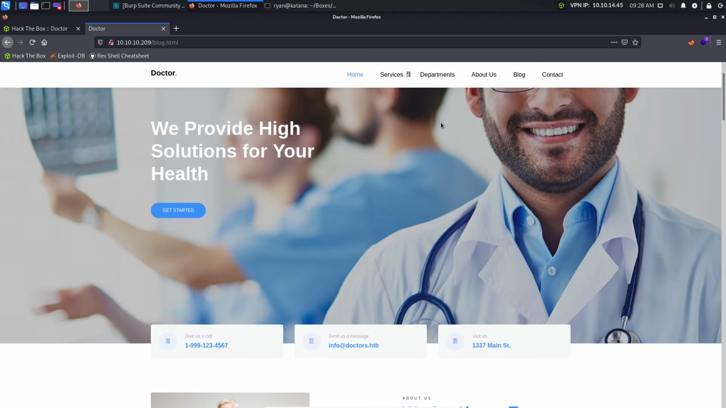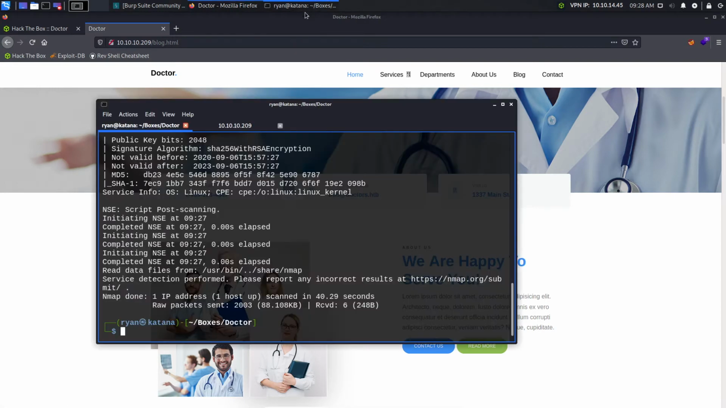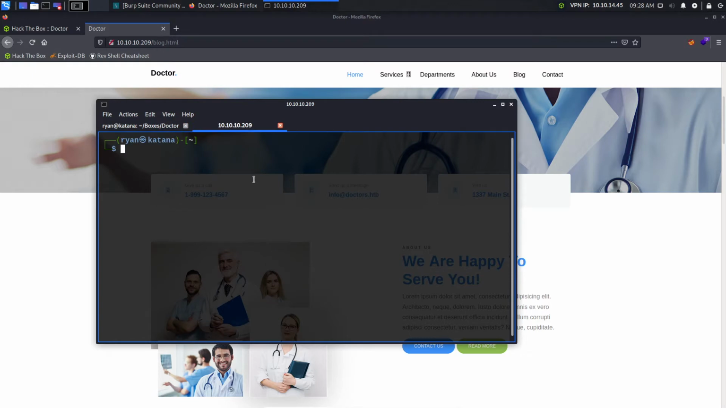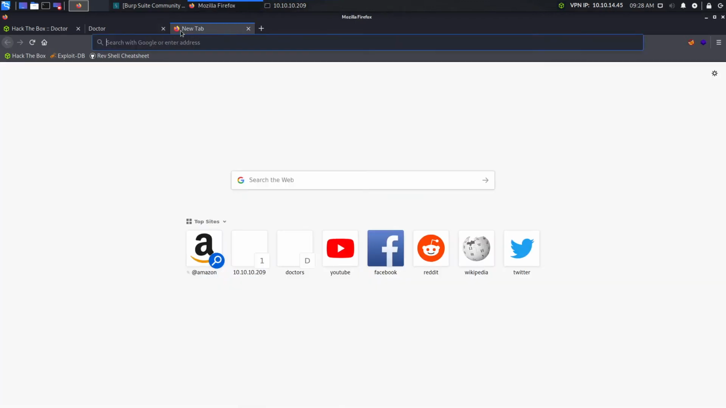Now on this page, there's actually a very useful tidbit of information. There is this email, and that email is info@doctors.htb. Now that's useful because it tells us that the host name of this box is doctors.htb. So we can go ahead and add that to our hosts file and see if by going to that host name, we end up on a different vhost and maybe see something different. So let's go ahead and try to get to